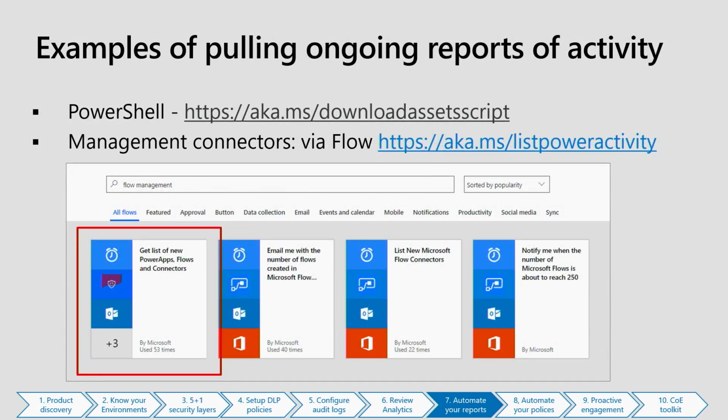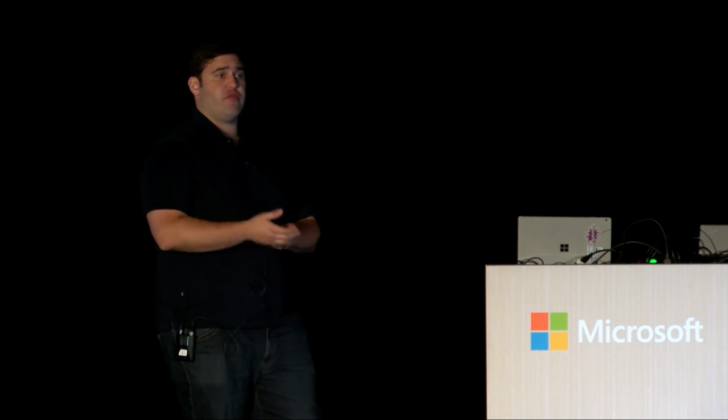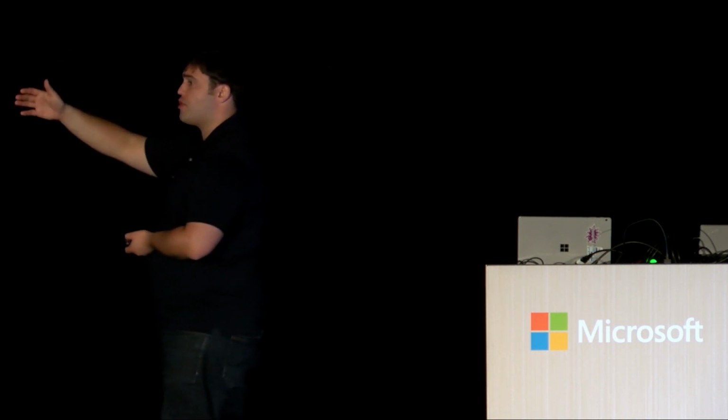A couple of examples of this: the first is an example script that I wrote last year, which downloads an activity report for your entire tenant and pulls which connectors are being used across your apps and flows. It's a way of getting a download of data, I think as CSV files, that you can then expose and visualize through Power BI. But then you also have the management connectors, because through Flow, all of a sudden,